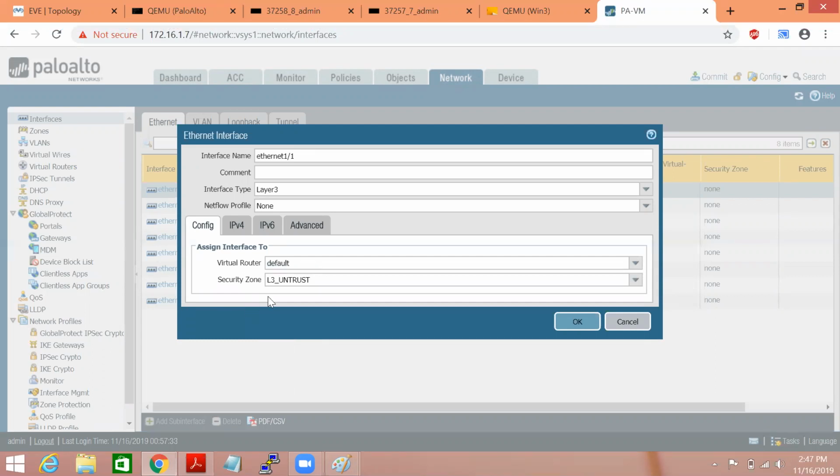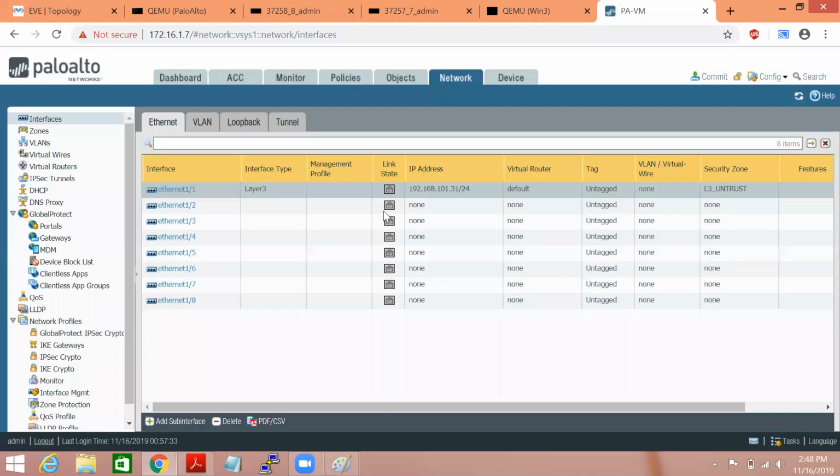I'll show you what the meaning of this routing table is. For initial configuration, you always have to select this default. Later we'll understand more about the virtual router also. In order to configure an interface, you always require 3 things. For L3, first is the IP, next is the routing table, which is default, and last is the zone. Then click OK. Again, you can check the same. Here we have the option to commit it. Otherwise, if you want to save it, you can just save the change.